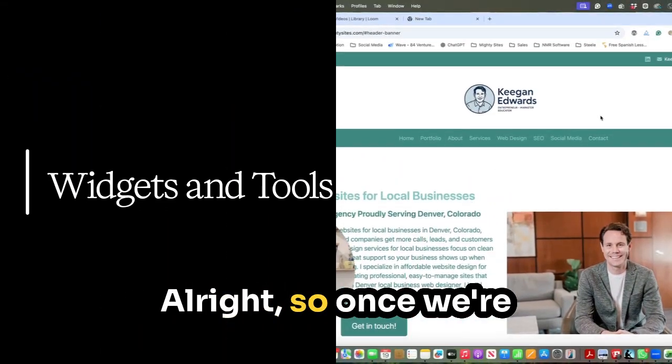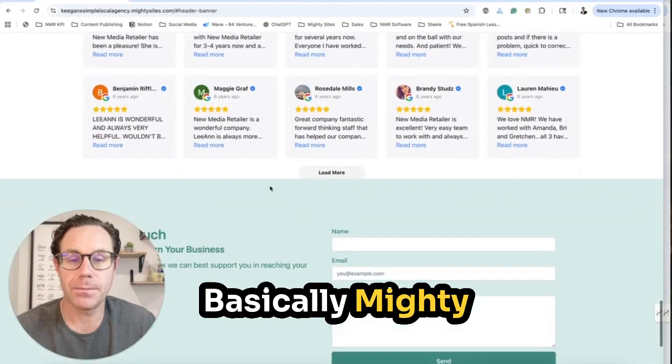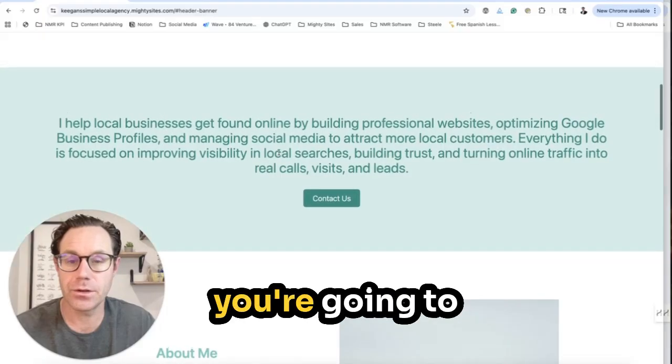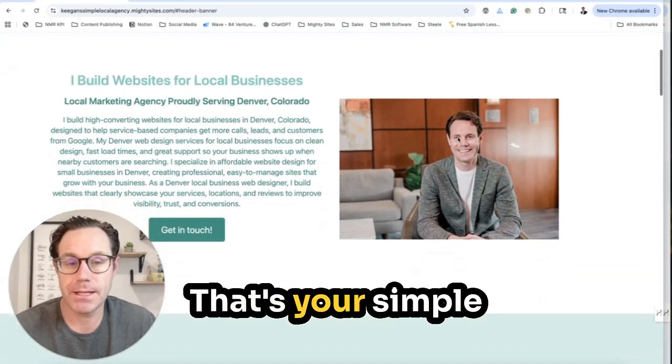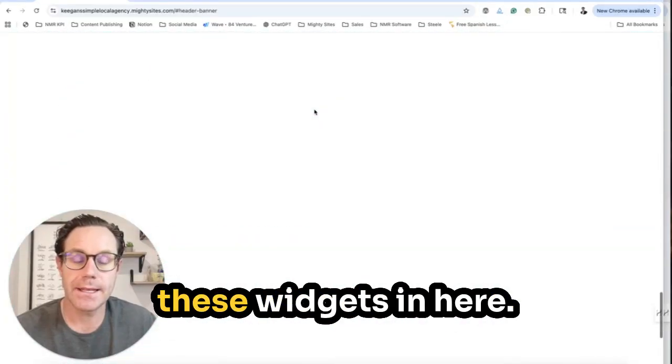All right. So once we're there, let me just tell you how these widgets are coming in. Basically, Mighty Sites is the basic part of the platform. On the back end, you're going to collect leads and you can easily change things. But here it is. That's all you need. That's your simple website that you need for your local marketing agency. Now, in order to get these widgets in here,